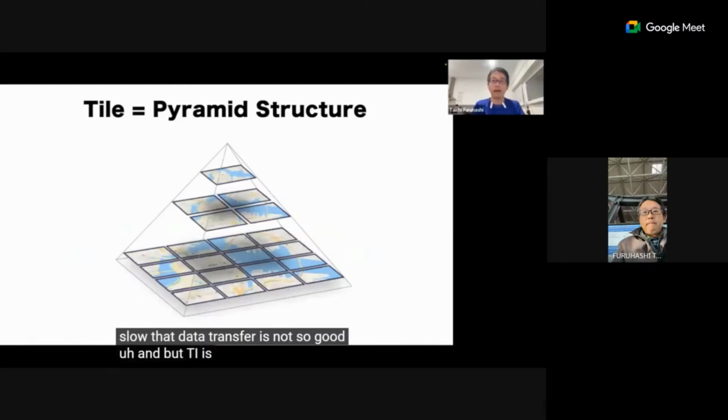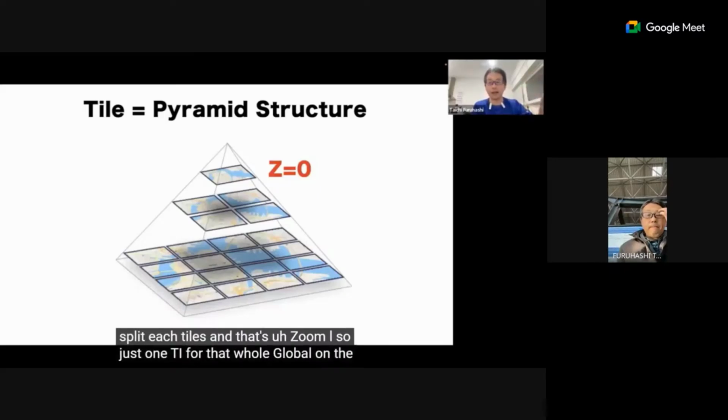A tile set is a kind of pyramid structure, and the system can divide data by zoom level. At the lowest zoom level, there is just one tile for the whole globe.